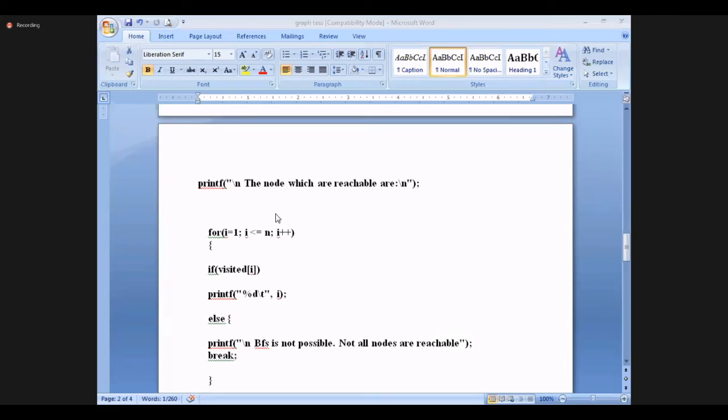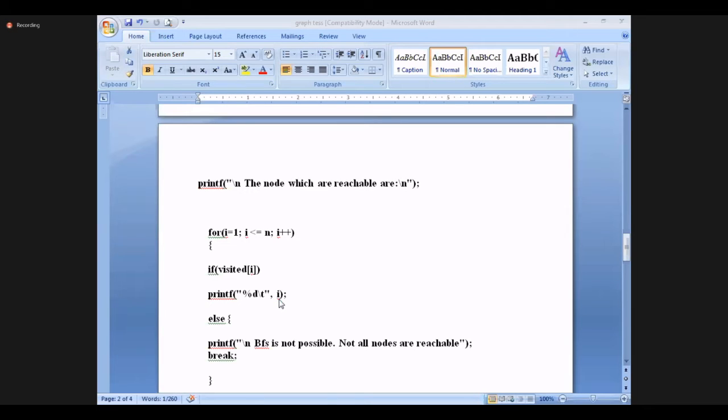So for I is equal to 1 and I is less than n, I plus plus, from first one to n, for example, 4 nodes are there. So from 1 to n, we will see whether the nodes are visited or not. If visited of I gives a value either 0 or 1, because in the previous BFS function we changed 0 to 1 once it was visited, so if it is 1, it is true, then immediately that will be printed.